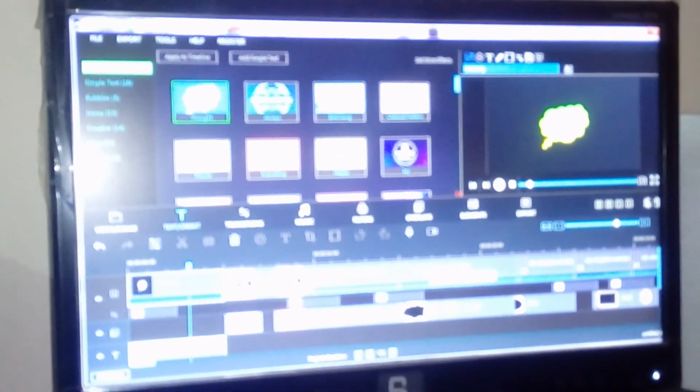Now similarly, where you want to place the text, click the text format and place it where you want. And now a plus symbol appears, text here. Double click on it, a text editor will appear where you can type what you want.